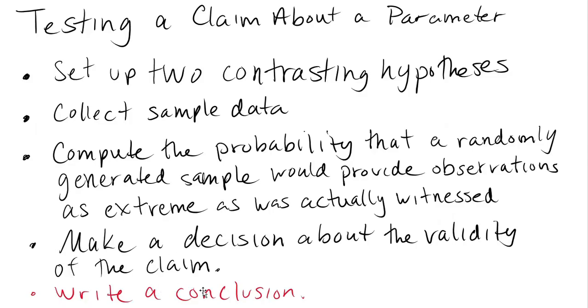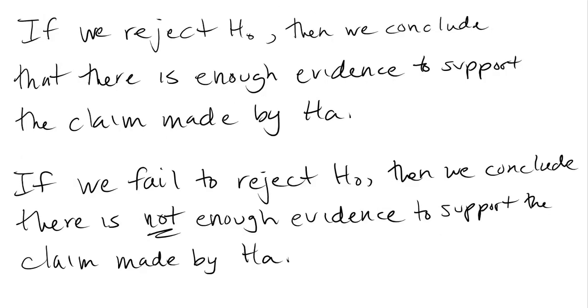The last thing I want you to do is write a conclusion. So how do we write that conclusion? Well, if we reject the null hypothesis and say that we're pretty sure that it's false, then we're going to conclude that we're pretty sure that the alternative hypothesis is true. If we reject the null hypothesis, then we conclude that there is enough evidence to support the claim made by